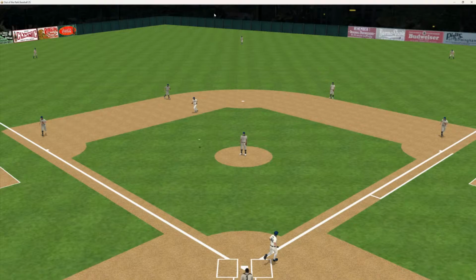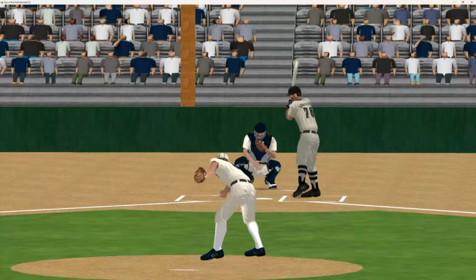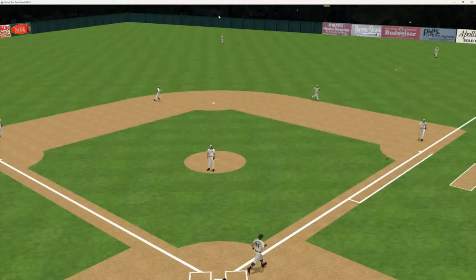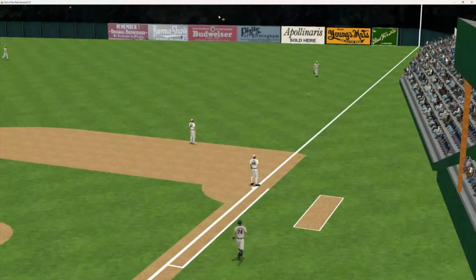We'll have a pinch hitter here for Frook for the Tigers. He comes off the bench. He's 1 for 1 in this World Series. Here's the 1-2 pitch to Ed. And that's going to be another base hit.